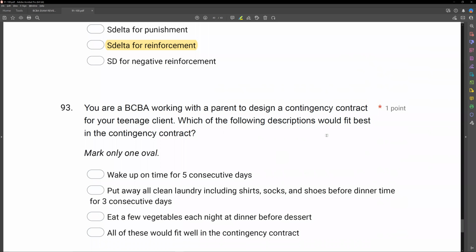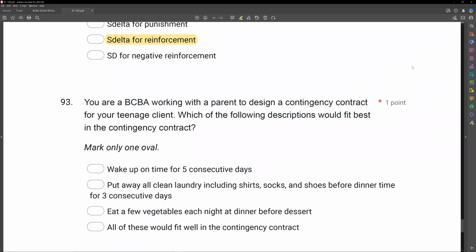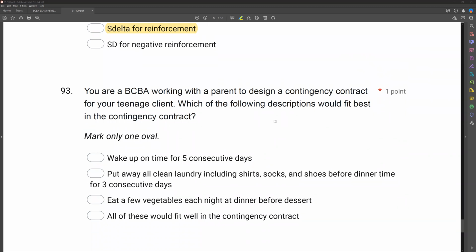93, you're a BCBA working with the parent to design a contingency contract for your teenage client. Which of the following descriptions would fit best in the contingency contract? I think this is a pretty easy question. We are going to pick descriptions that are clear, complete, and describe exactly what we are looking to accomplish, our goal, whatever we're setting out